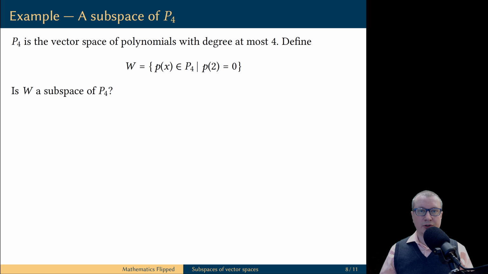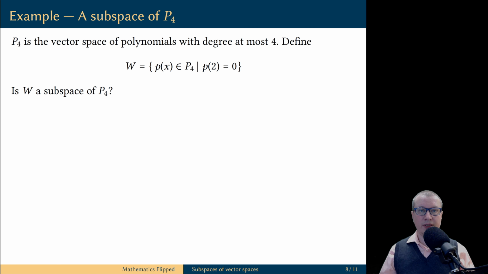Let's apply this test for a subspace. Our ambient vector space is P4. This is the vector space of polynomials of degree at most 4. And we will take a subset W, which is defined as follows. It consists of all polynomials from P4 such that the value of the polynomial at 2 is equal to 0.